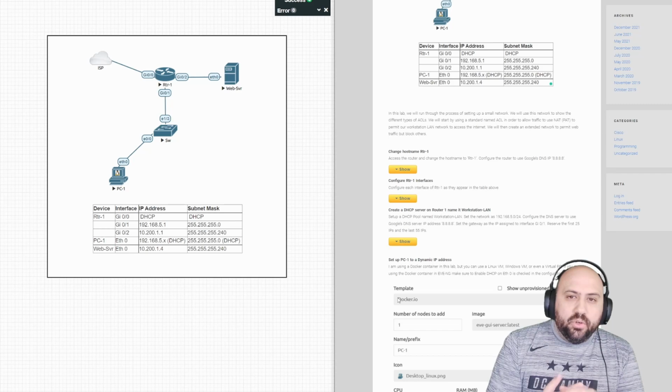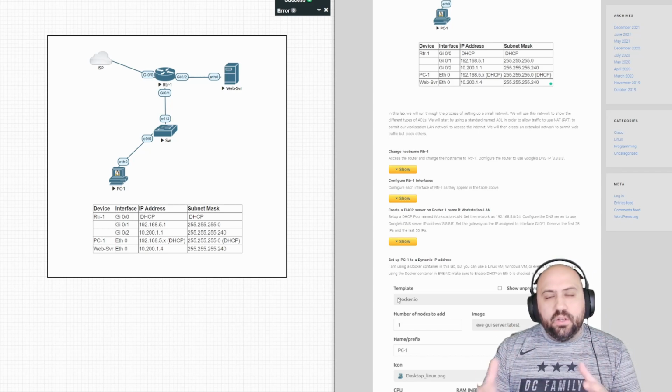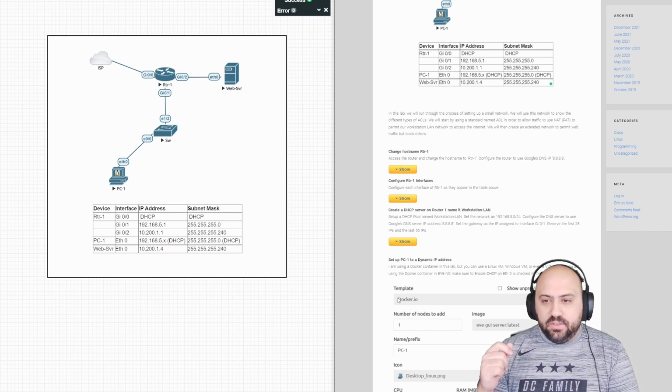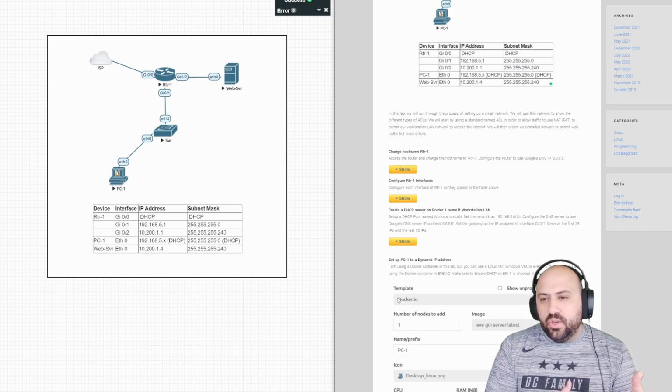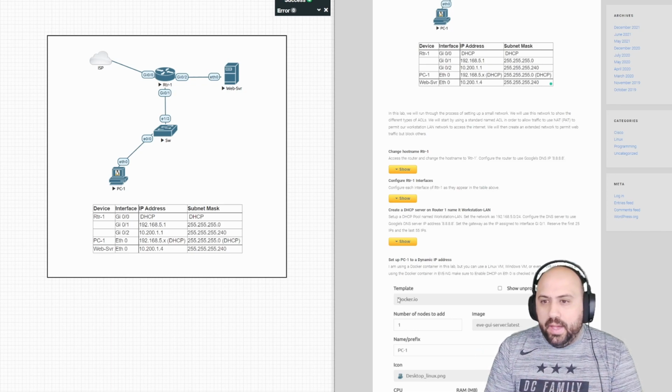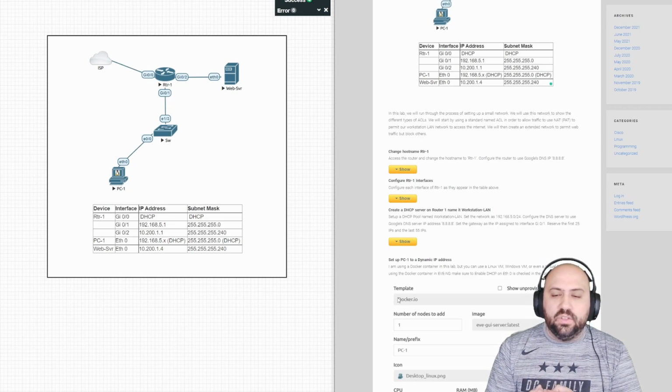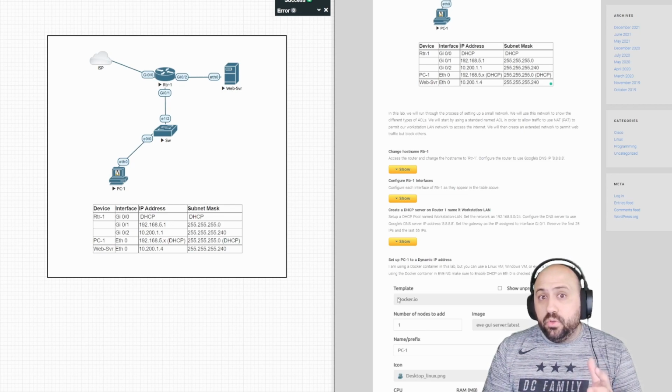In this lab, we're running through the process of setting up a small network, and we will use this network to show the different types of ACLs, specifically a standard named ACL and also an extended ACL. The standard named ACL is going to permit our NAT traffic, which is NAT overload, also known as PAT. It's definitely a concept you need to know if you're going for your CCNA and if you go into the real world,